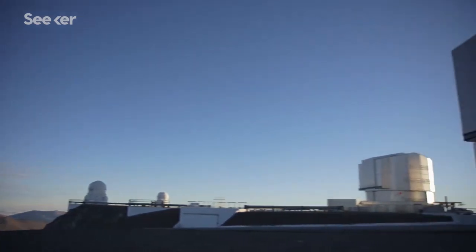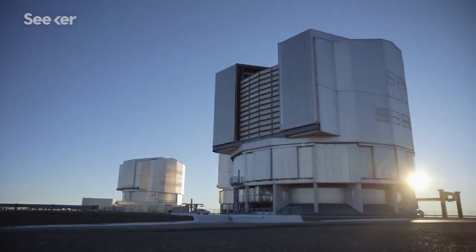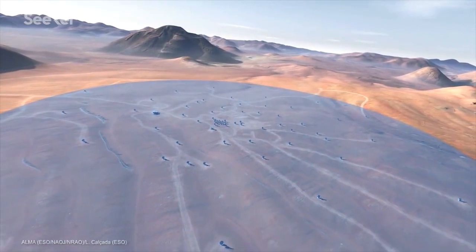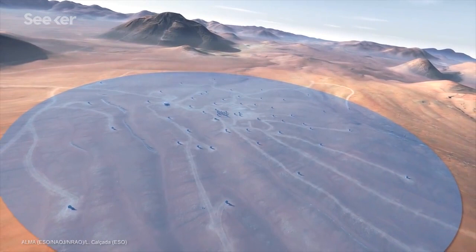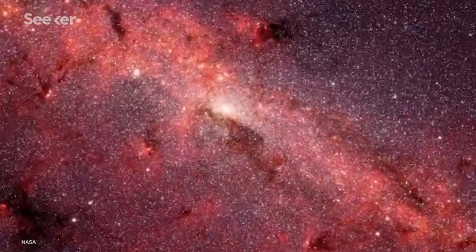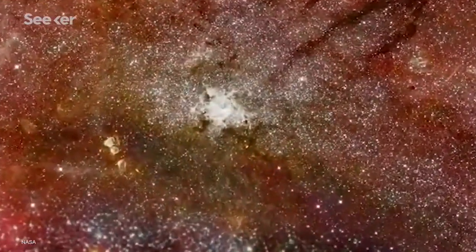But with interferometry, the light beams captured by all 4 optical telescopes in the VLT array can be combined using a computer. This basically creates a single telescope with a virtual mirror as large as the furthest dishes are apart from each other. This takes care of the impossible-to-build gigantic mirror. So we're using a very fundamental property of light, and so in this case we can recreate almost the resolution of a 100-meter telescope. This means astronomers like Oliver can use the VLT to study the center of our galaxy, including activities surrounding the